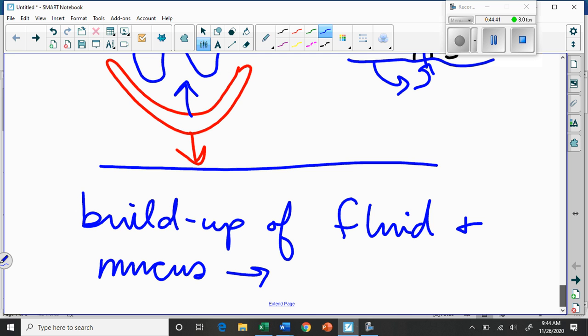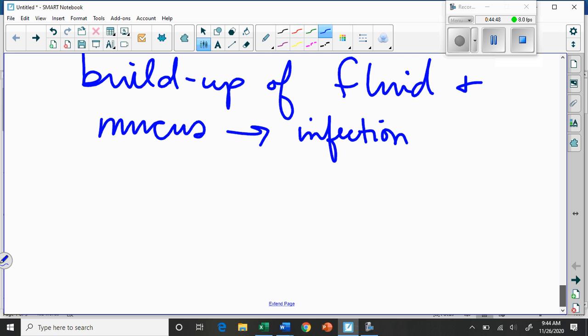This could be the result of an infection by a bacteria. It can also be the result of an infection or particulates in the air that we breathe. Dust, soot. One of the worst ones is asbestos. Asbestos fibers that are very tiny and small enough to get in your lungs and lodge in there. And they create all kinds of buildup of fluid and infection. The buildup of fluid is often called